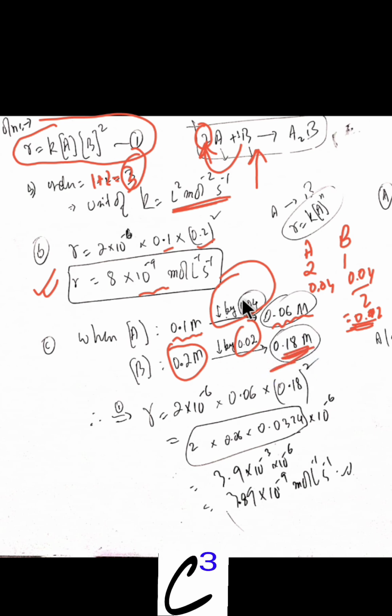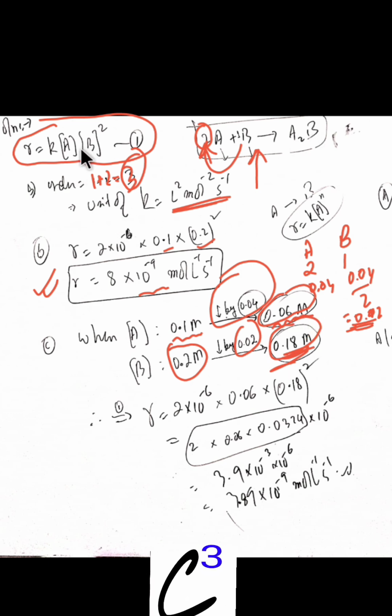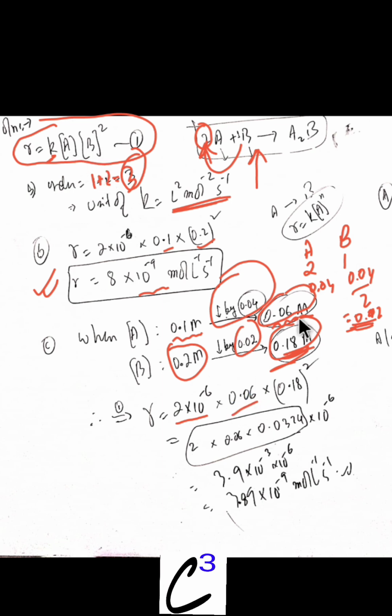So now we are substituting the value of A by 0.06 and B by 0.18 in this rate law expression. We get 2 into 10 power minus 6, the value of K, rate constant, which is given in the question, and the concentration of A will be 0.06 and concentration of B will be 0.18, and there is a square, and after calculation we get this value